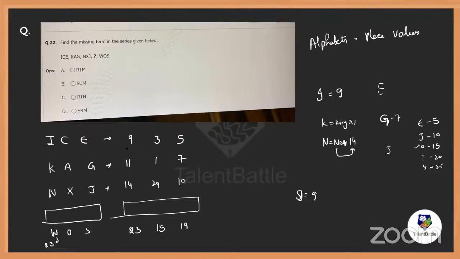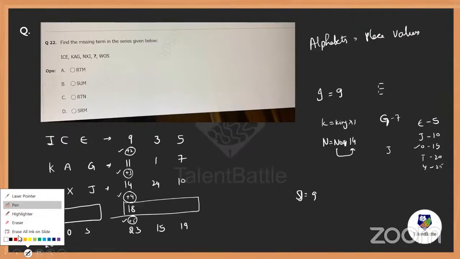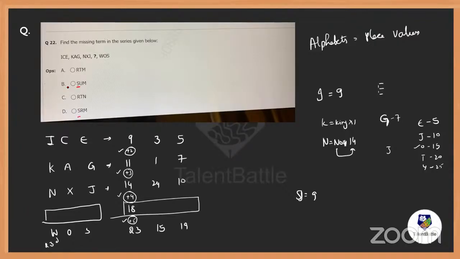Now people, it's very simple. 9 plus 2 is 11. 11 plus 3 is 14. 14 plus 4 is 18. Now I can cross check: plus 2, plus 3, plus 4, it should be plus 5. Yes, hence proof. So my answer starts with R. Now options B and D are not starting with R. That says options B and D are eliminated.